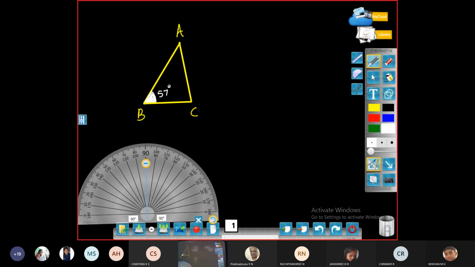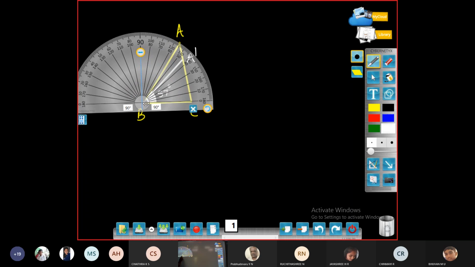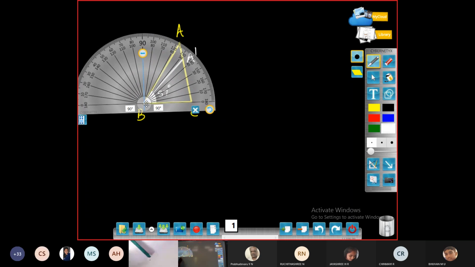Okay. Now what I will do is reduce this side AC here. So for that, let me draw a line instead of this, like this. So let us reduce the side like this. We are reducing this side. A will become A dash. So we will write this as A dash. So we have reduced the side AC here. Now you can measure this angle. We'll measure the same angle here. What is happening here? The angle is reduced now.